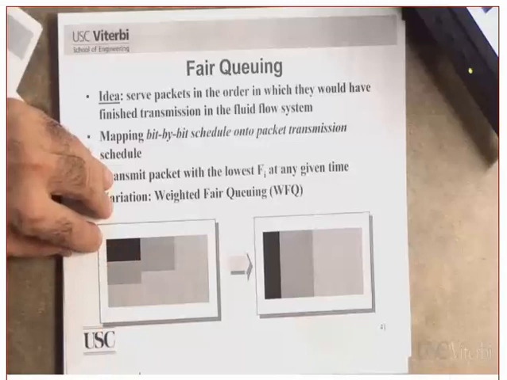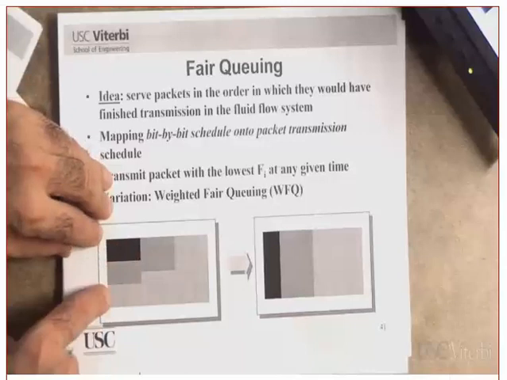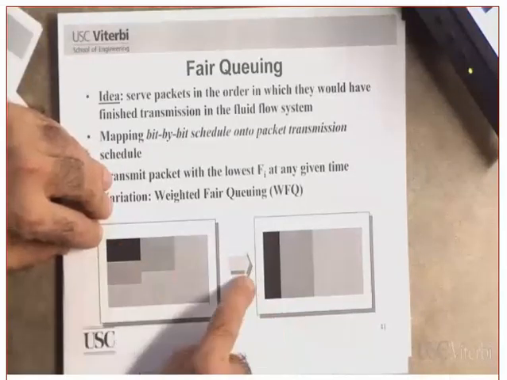Okay, in here, what do I have? A packet of flow 1, whose finishing tag F is equal to what? 5. What does 5 mean? If GPS was used, it would have finished at 5. Clear? This would have finished at 8. This would have finished at 10. So 5, followed by 8, followed by 10. Did you get this or not? But I want you to understand what this means.